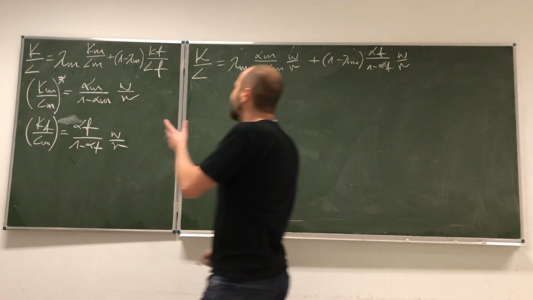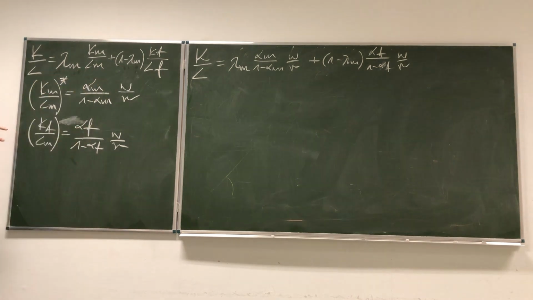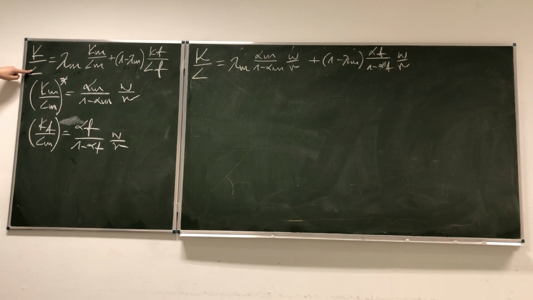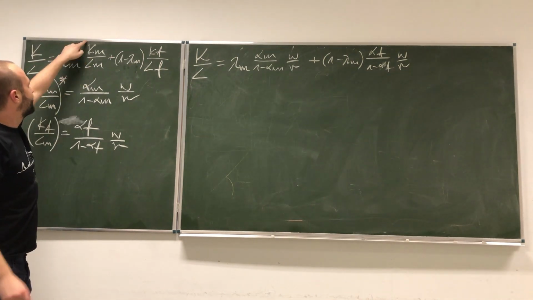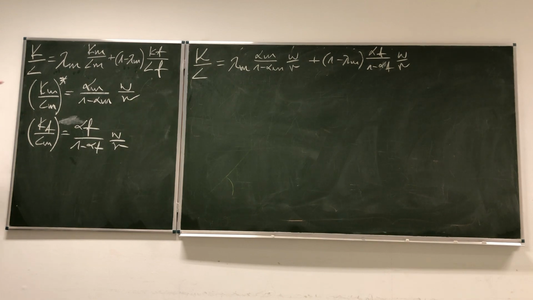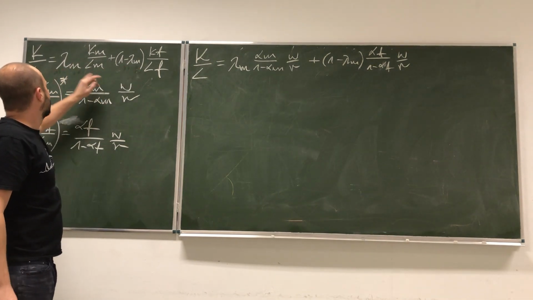So we can treat, you see, what we've got over here is basically a weighted average. We see that K to L, so the capital to labor ratio, is a weighted average of the ratios in the two industries where weights are given by